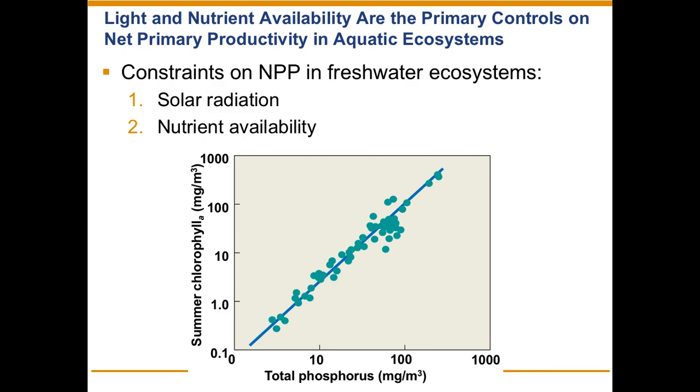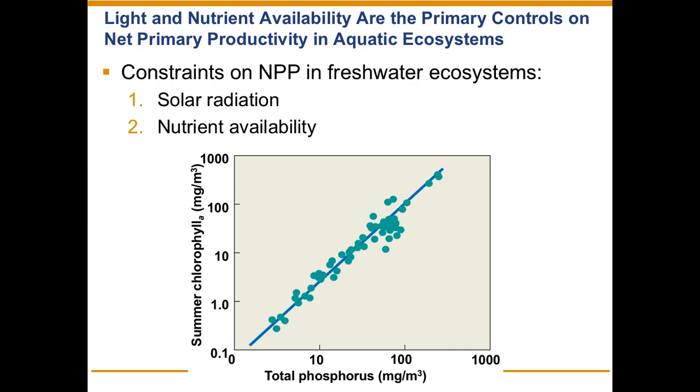In an aquatic environment, it's also regulated by the availability of nutrients. Here we've got plots of summer chlorophyll versus total phosphorus. When we look at these plots, quite often what I'm talking to you about is productivity versus nutrients, but what I'm showing you isn't the same thing. We can't necessarily just go out and measure pure productivity within a lake or pure whole nutrient availability within a lake.